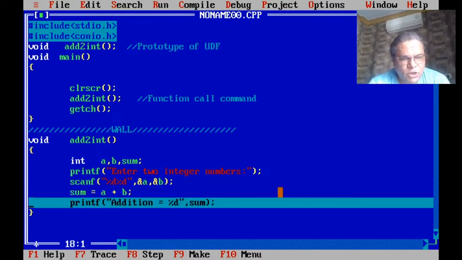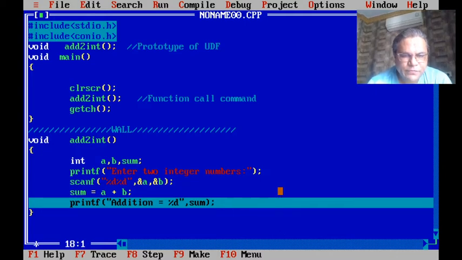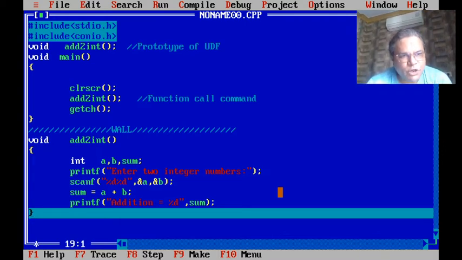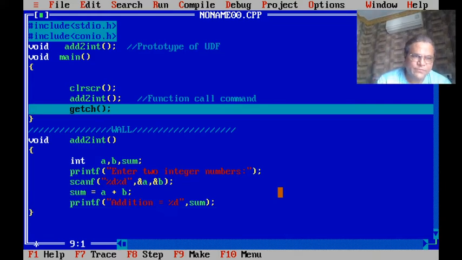Let us execute this command. Then it will go to the next command, printf. Let us execute this command. And now you can see it has reached the end of the function. So the function which we started is now over. What will happen now? After the completion of execution of the function, the execution resumes inside main. That means it will resume at getch, which was pending after the function call command.